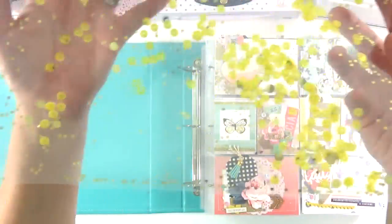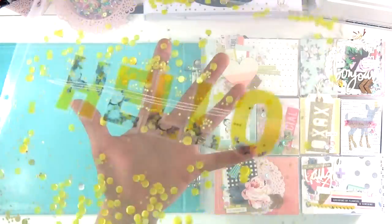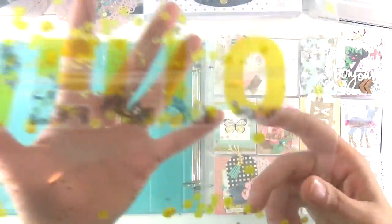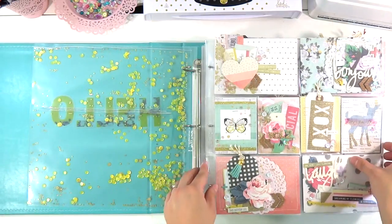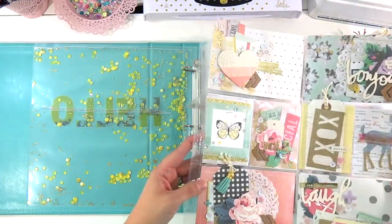This is a big 12 by 12 page protector that I sewed Hello on. It is acetate pieces from C'est La Vie, and then I filled it full of, I think, Sunny Smiles sequin mix from Spiegel Mom Scraps. I did it for a design team project. So that just says hello, and it kind of covers up my first page,